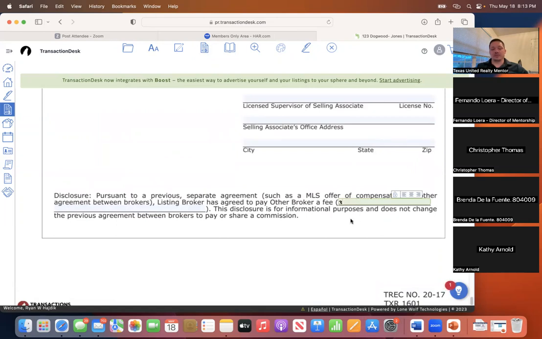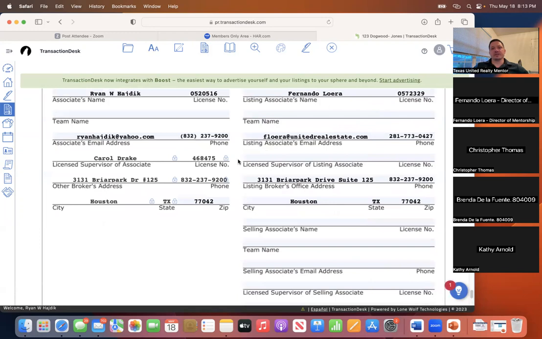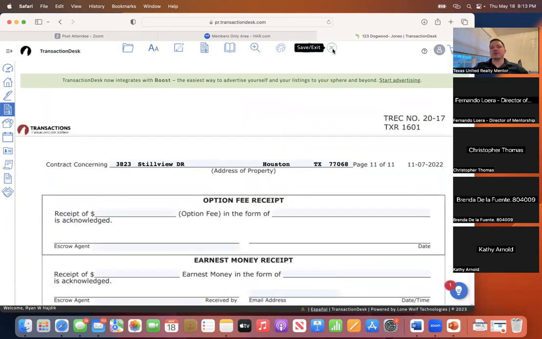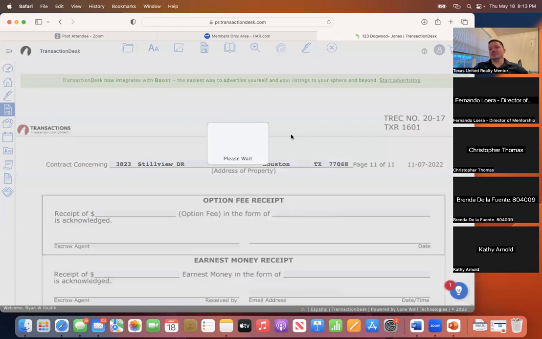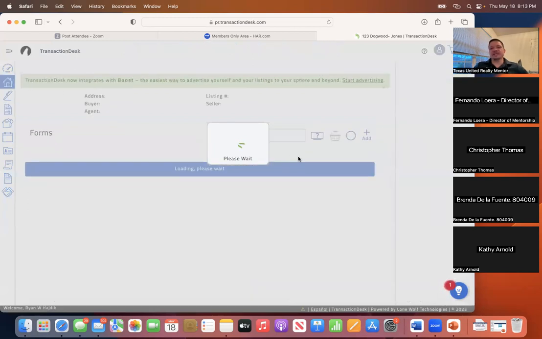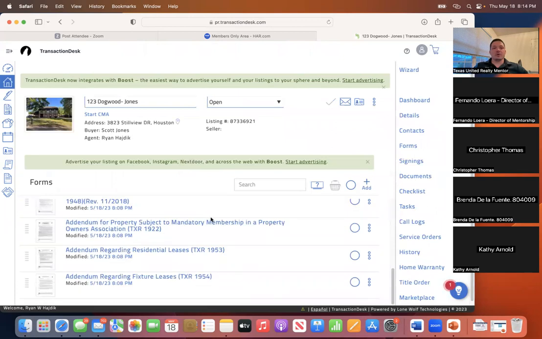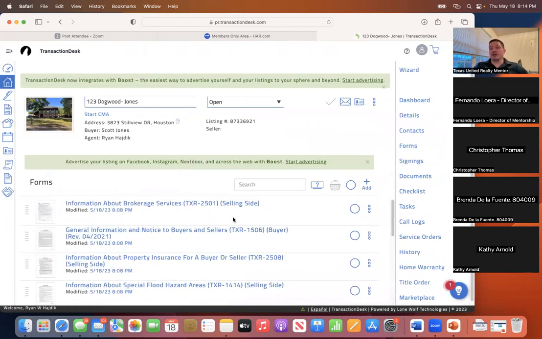Now, some of these things I would edit, like I would do 3% of sales price, right? But how much did that take compared to typing all this up? And then the coolest part is you just say save and exit. You're done typing it up, just hit save. Look, and you're saying, well, wait a minute, I need to add something. Maybe it's a farm and ranch, or maybe it's